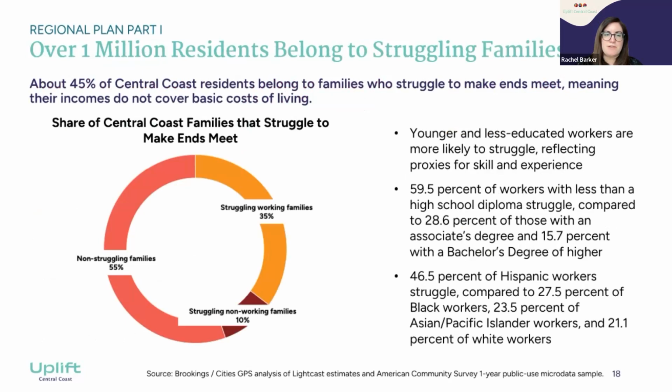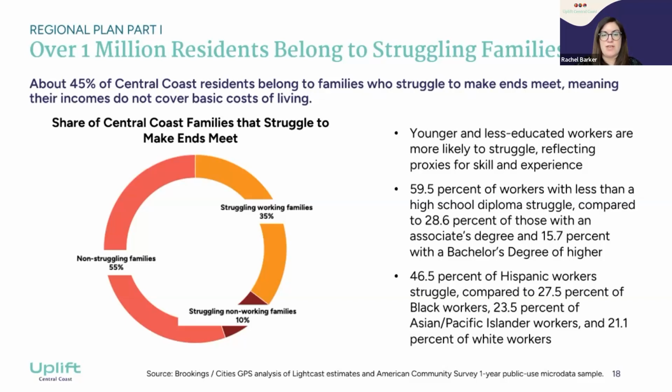As Melissa alluded to earlier in this call, one of the most striking outputs of the research, which I think really speaks to the overall purpose and imperative of Uplift, is that despite all the economic strengths of the Central Coast, over 1 million people, or 45% of residents, belong to a family that struggles to make ends meet. What that means is that those families are unable to cover their basic costs, things like housing, food, childcare, plus set aside a modest amount of savings for emergencies and longer term goals